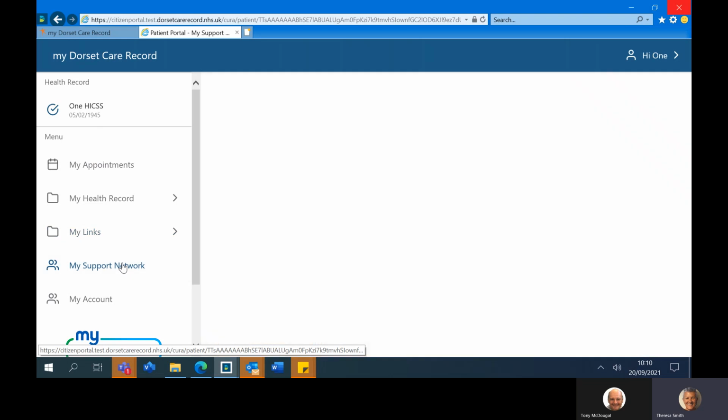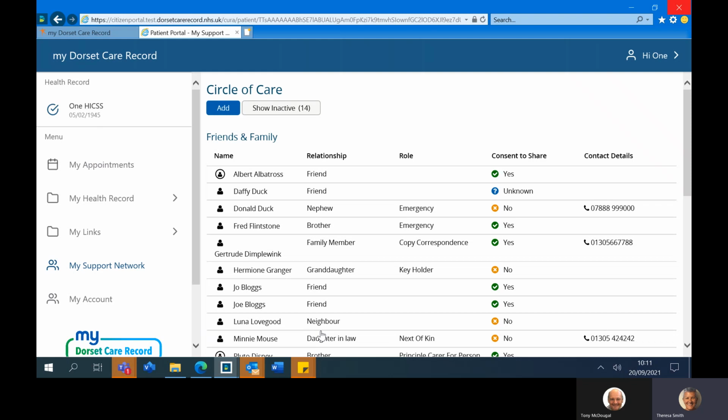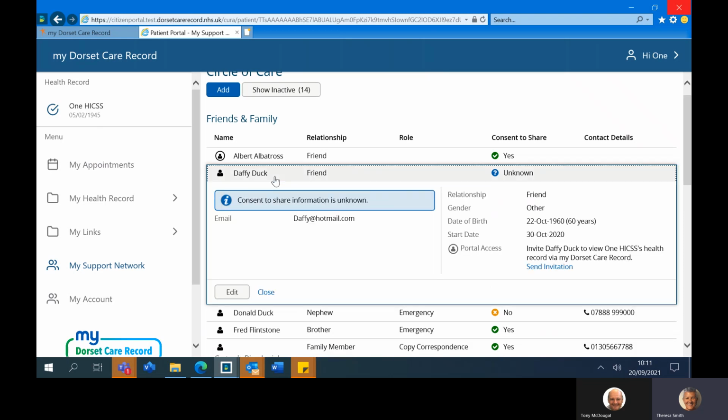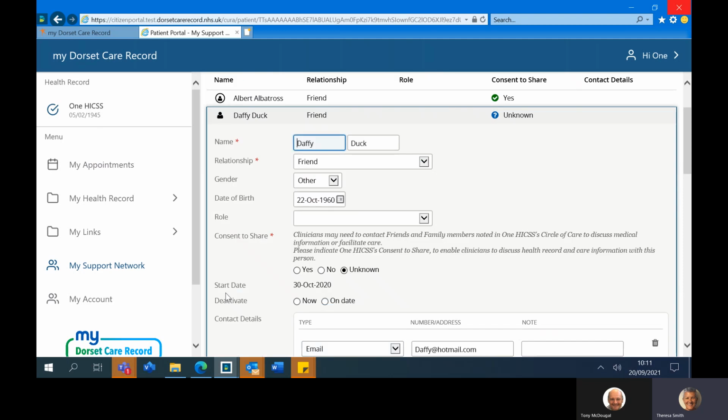I'm also able to set myself a support network. So these will be friends and family members who I choose to include here, so that any of my clinicians or professionals can see who is involved in my care in terms of support and whether or not I give consent to share information with them. I can change this information, update phone numbers, etc. with also consent or add consent anytime I want, just by literally clicking on the person, editing them,